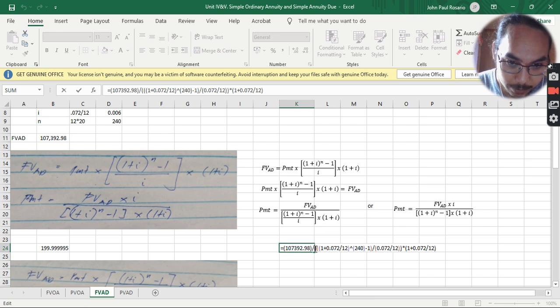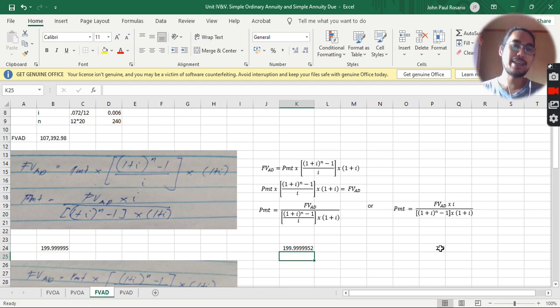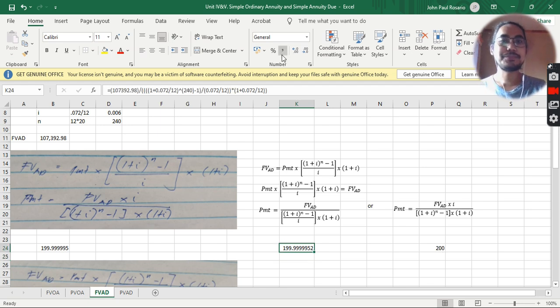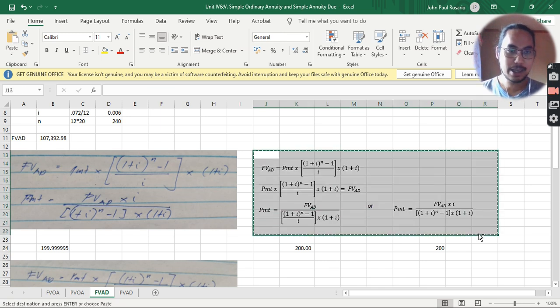We have to add an additional one here, I think. So no matter which way you use, I think this is a lot better because it has a lesser denominator. So you may use this one, or if you prefer the other, then you can use that one. So let me just copy this